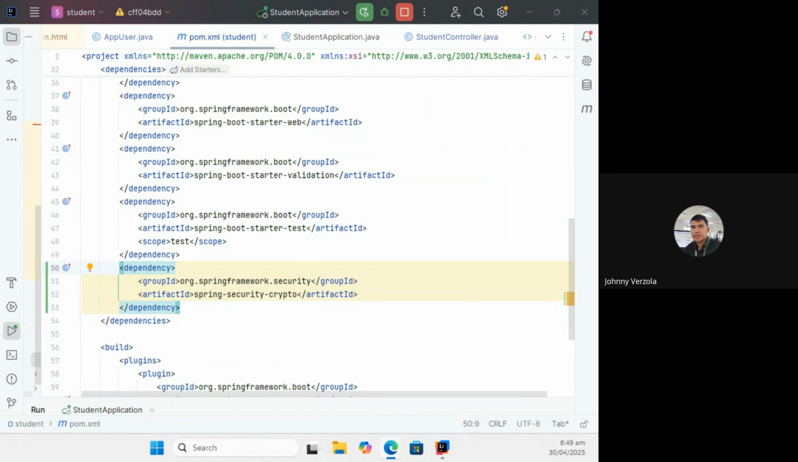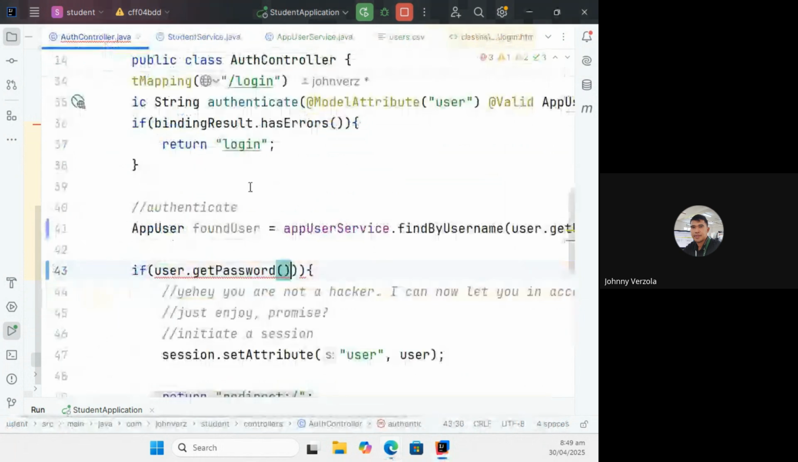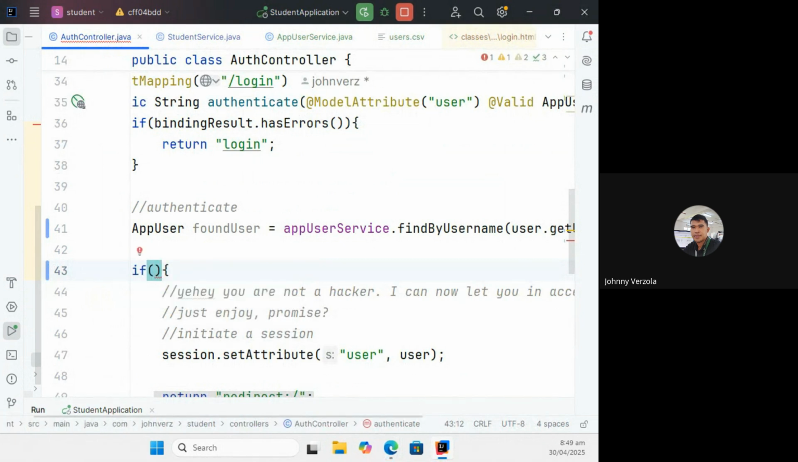Now, how are we going to do that? We go back to the OS controller. A user is valid if the username is valid. How do we know that the username is valid? We know it's valid if there is an associated app user object for it. To check that, we use this condition: found user is not null, meaning it